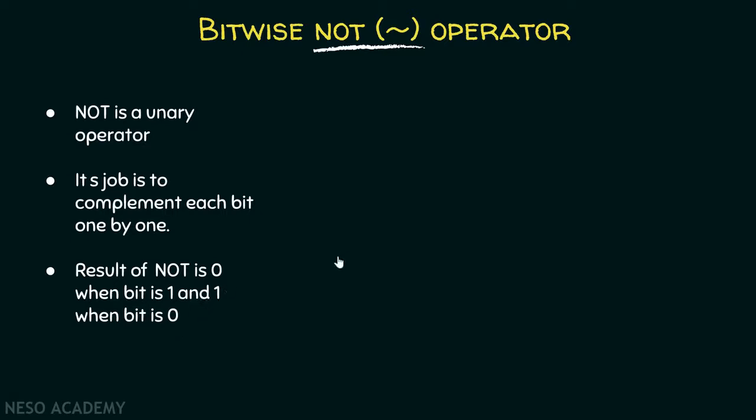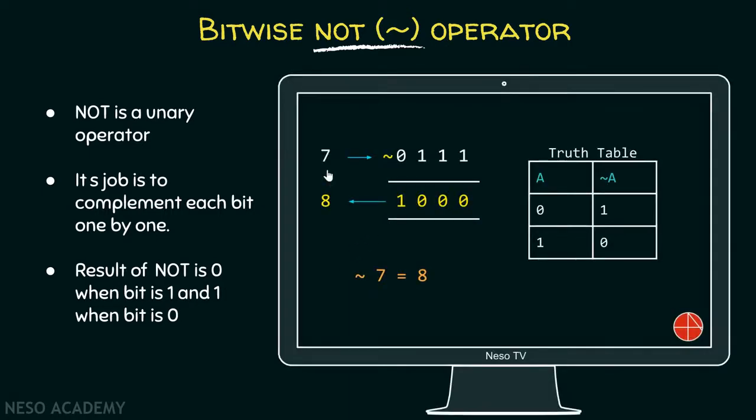Now let's consider one example of bitwise NOT operator. Here in this example, I'm going to apply bitwise NOT operator on this number. Binary representation of this number is 0, 1, 1, 1. 1 becomes 0, this one becomes 0, this one also becomes 0, and finally this 0 becomes 1, according to the NOT operation. Therefore, the final output is 1000, which is equivalent to 8 in decimal. NOT of 7 is therefore equal to 8.